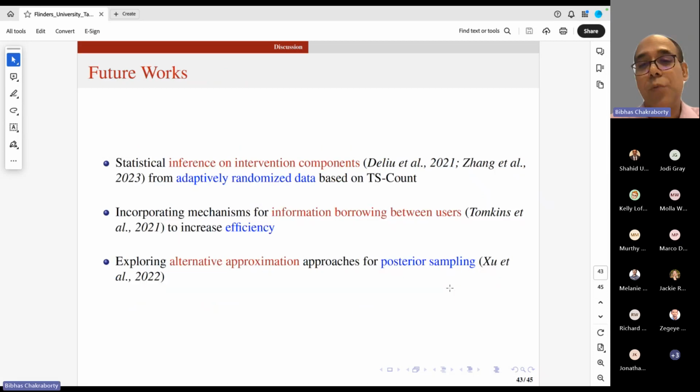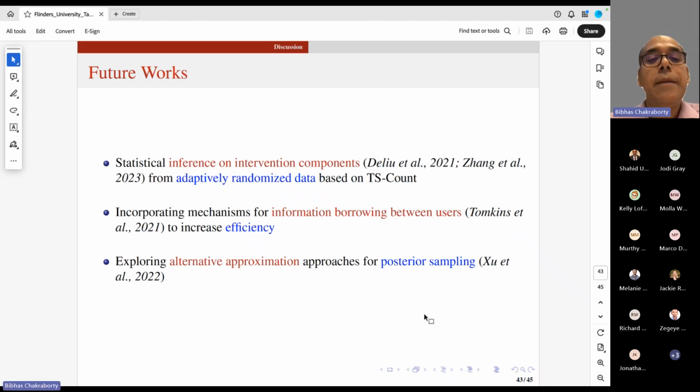Some of the future works, and this is something people ask me, and I say that, yes, these are something I have not talked about: formal statistical inference in that part. I talked about formal inference early on when I showed that overall this reinforcement learning arm is doing better, but that's classical stuff. But in case of this online learning of the algorithms, there is very little work so far on the statistical inference, and there is opportunity to do more.